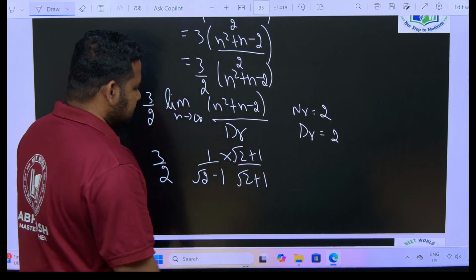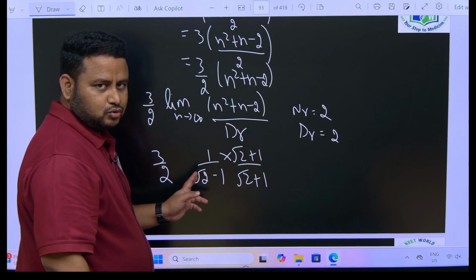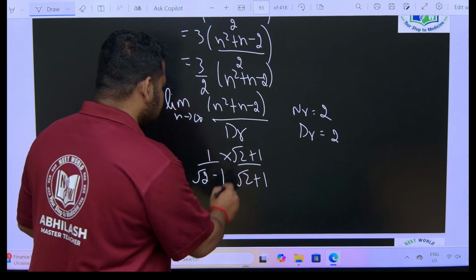Okay, this will be root 2 square minus 1, that is what? Root 2, not 2 square. Root 2 into root 2 is 2. 2 minus 1, this will be 1. So the answer will be 3 by 2